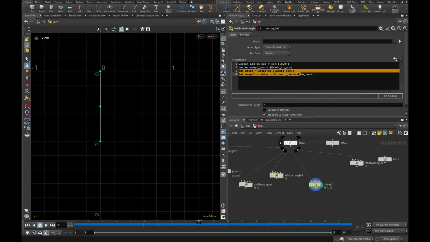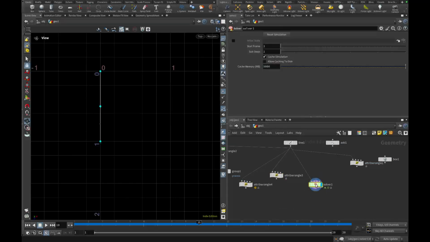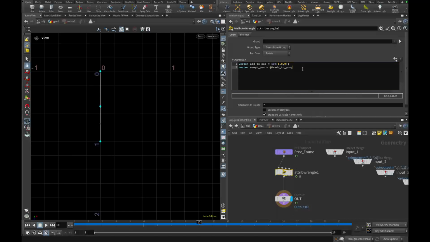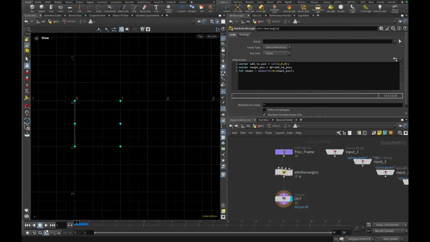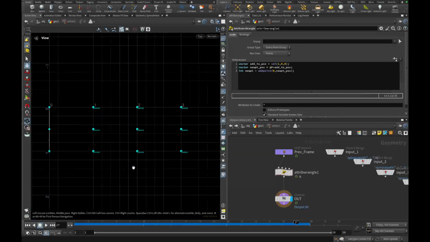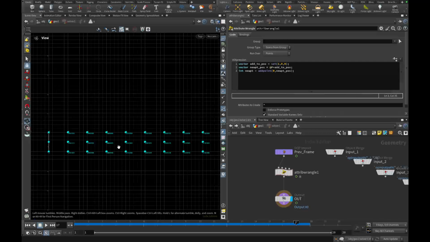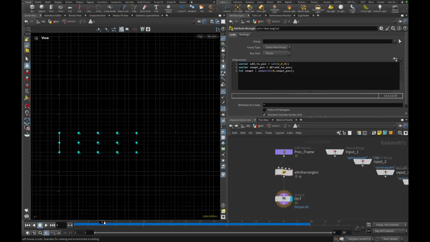So let's also copy and paste this add point line. Okay, let's see what happens. Okay, so we are spawning lots of new points, and I mean this can be considered correct. Let me disable this display point number just to see the points. This looks correct,